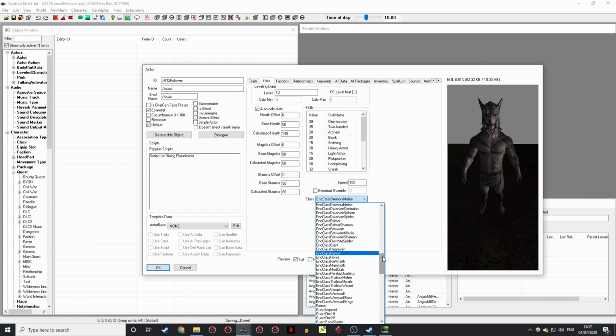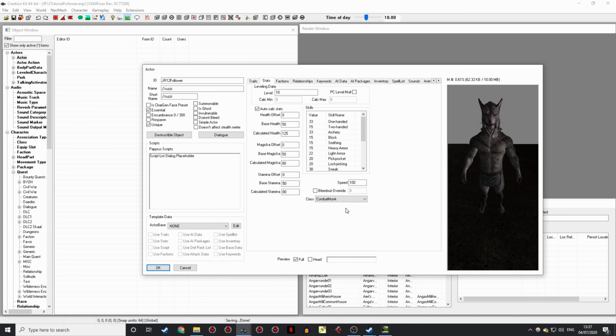So this is going to be the default class for your character. Again, I'm going to choose a vanilla one for now, but we're probably going to give him his own one later. Now, I thought about making our character be a sneaky Khajiit wielding daggers and attacking from stealth, but I thought that would be a bit rogue. So instead, we're going to go with, let's say, monk. The monk class here, which just sets the stats accordingly. But like I say, we're going to come along and tweak this later on, so let's not worry about that too much for now. So now for the next tab, which is factions.